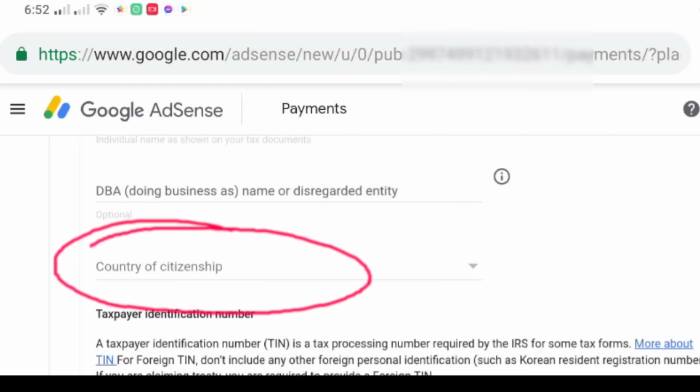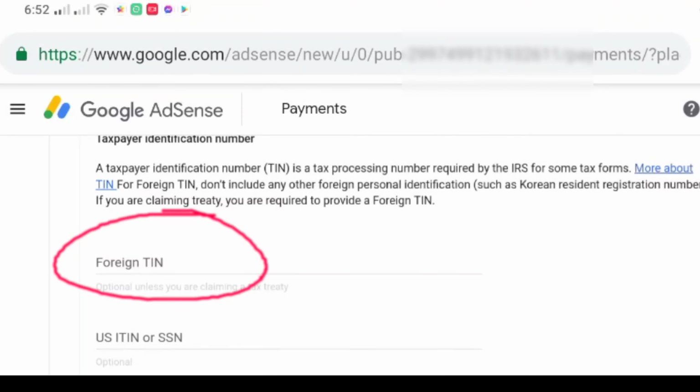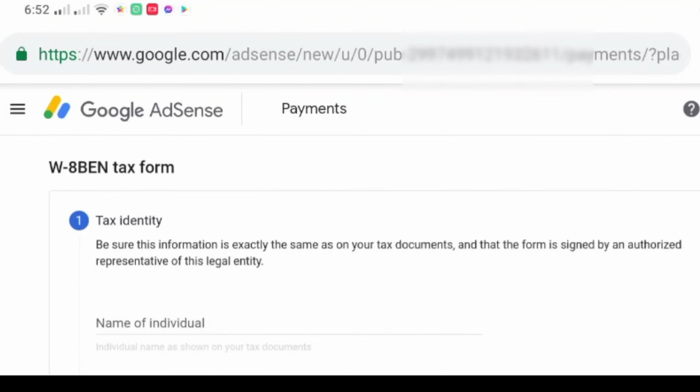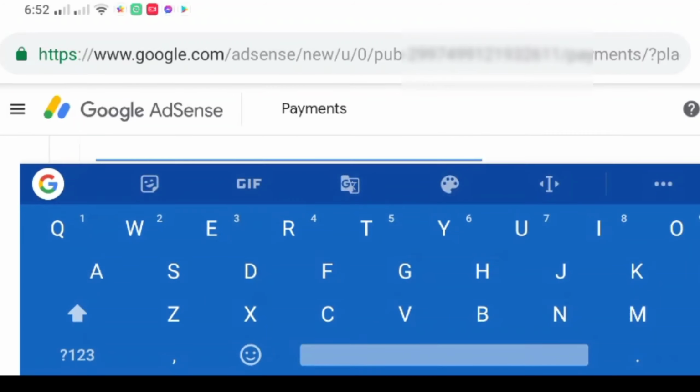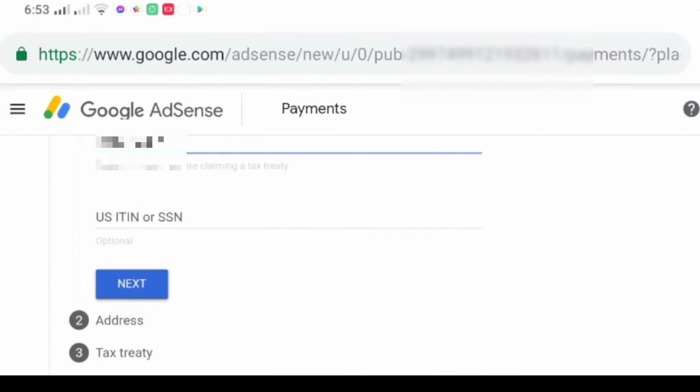Then, itong country, citizenship. Kung taga saan po tayo, sa Philippines. So, at lagyan din po natin ito ng foreign TIN. Kasi kailangan po yan. So, dito, name of individual. Then, next.